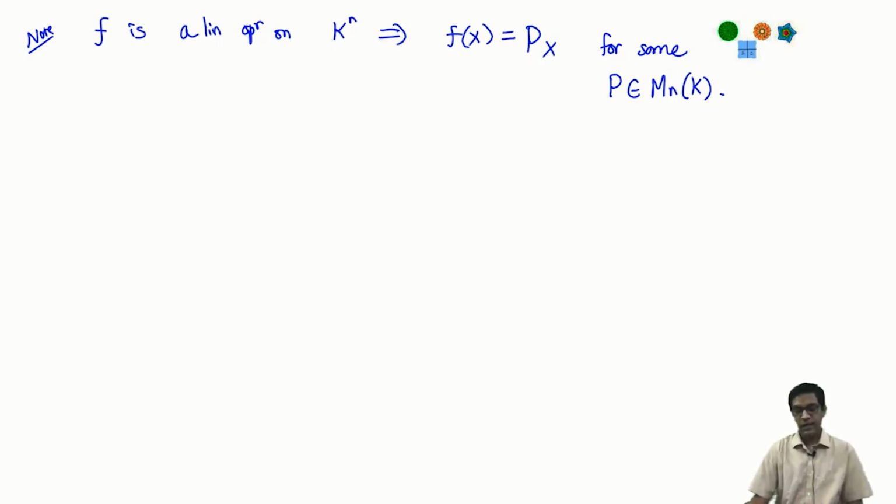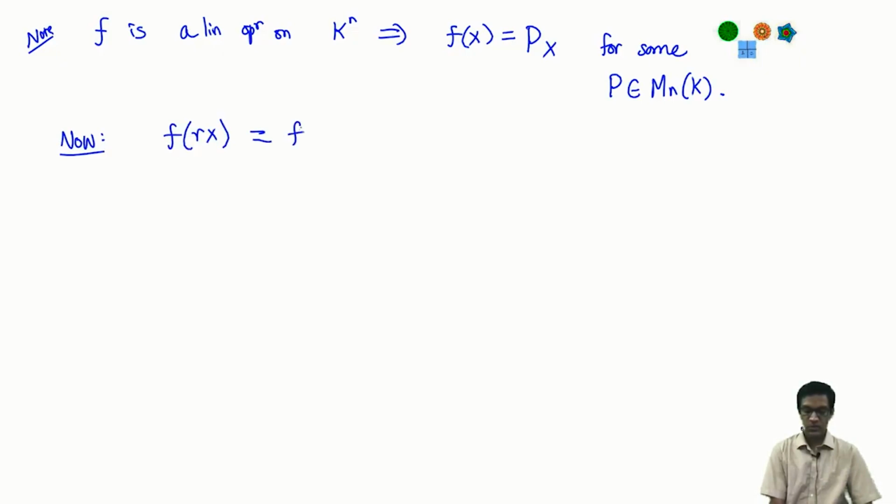Then of course f evaluated on x is nothing but the matrix of f multiplied by the column vector x. Okay, so any linear operator is nothing but multiplication by a matrix P. Now the question is, what are the possible values of P, right? If I tell you what P is, I know what f is. So let me try and figure out if f is a homomorphism of R modules, what does it tell me about this matrix P. Okay. So now let's use the full force of the hypothesis. f of Rx is R f x, this is known.